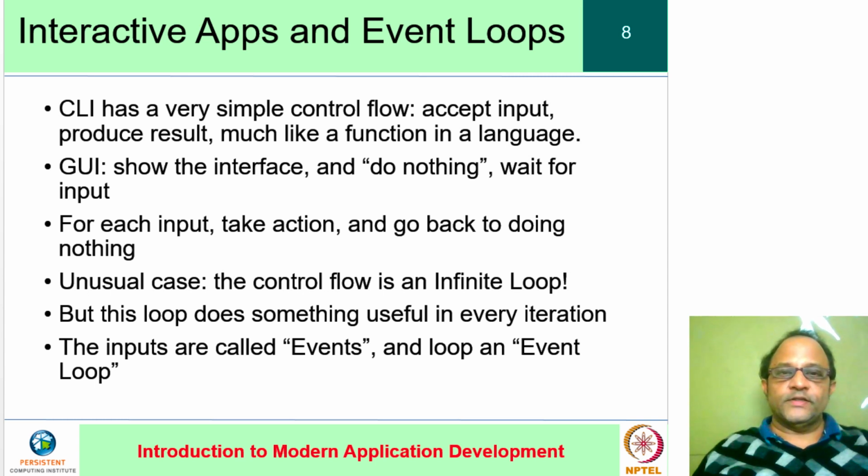At the lowest level, the events that a loop might be interested in are things like mouse movements and keystrokes. A GUI toolkit, together with the operating system, determines whether the mouse that is clicked in a particular part of the screen should be interpreted as having triggered a button. So for example, it converts effectively the lower level mouse pressed event into a higher level button pressed event. And GUI and web programs are written in terms of such high level events. So not only is the control flow unusual, we need a new kind of terminology to deal with this, which is the notions of events and event loops and responding to events.